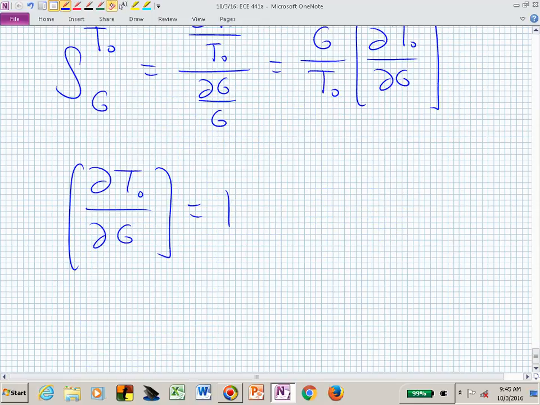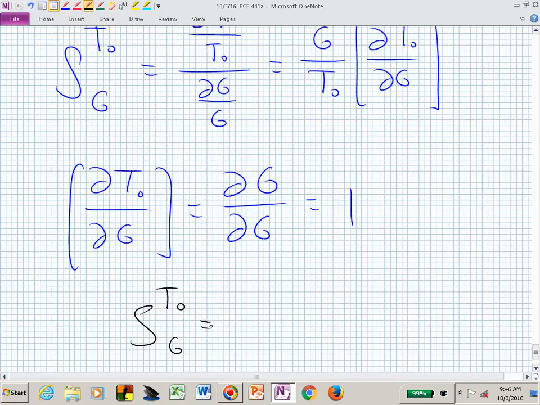Well, maybe I'll show where that's coming from, for those who are missing today and are just looking at the notes, wondering where that came from. T naught was just G, so we now have the partial of G with respect to G, and that's 1. So our overall sensitivity of the open loop transfer function with respect to G is now G over T naught,